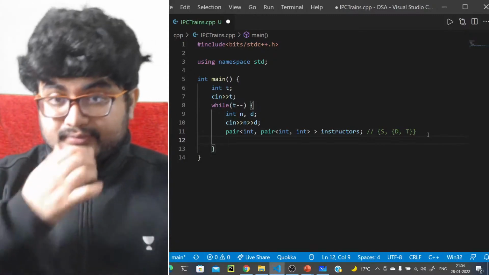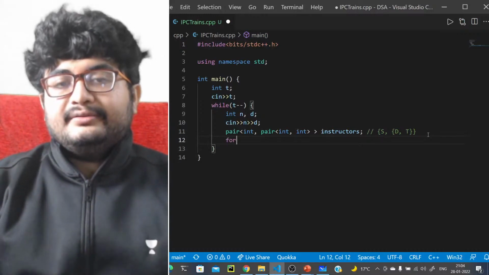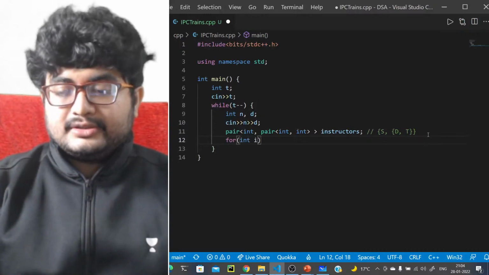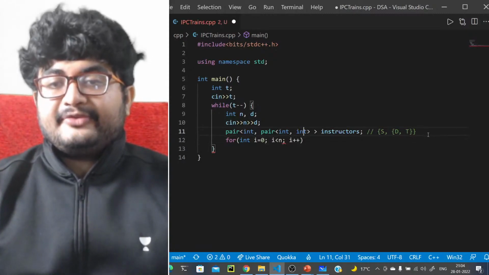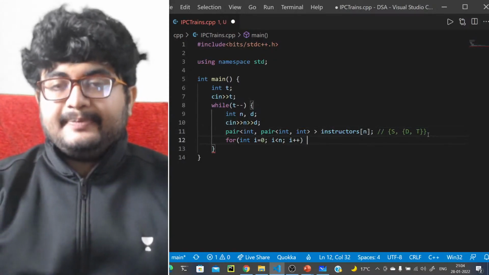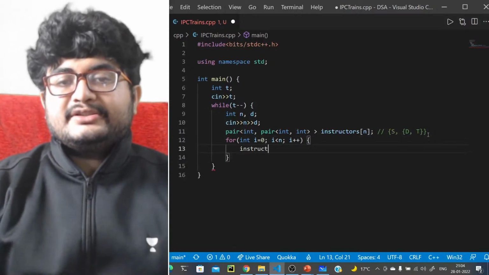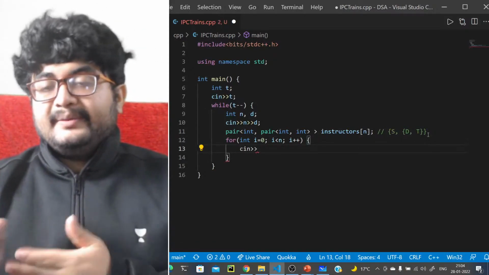So pair of int, int instructors, and for int i equals 0, i less than n, i plus plus. It will be an array of size n. So how will be the order? The order will be DTS.